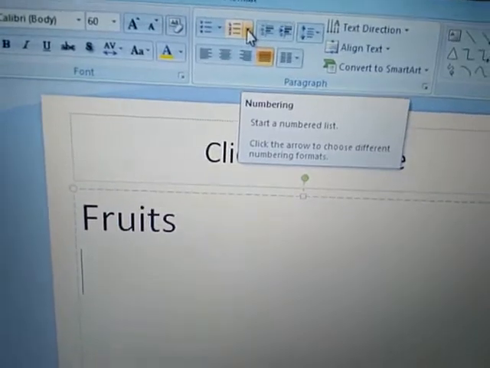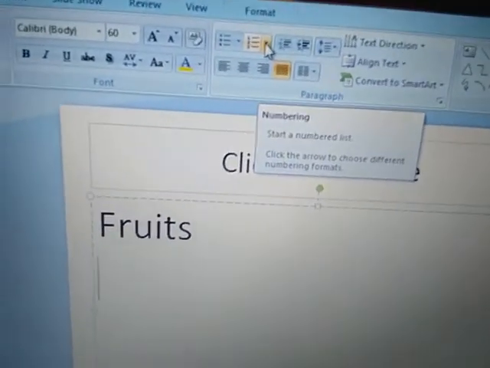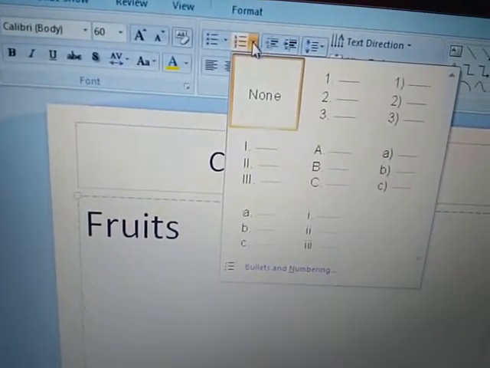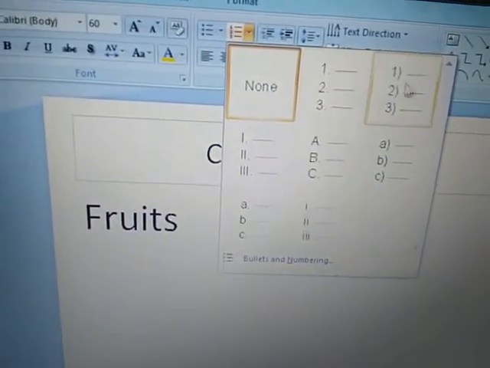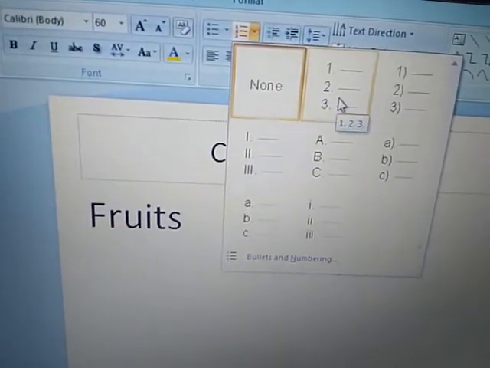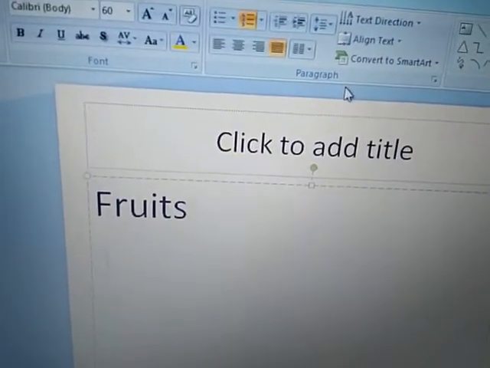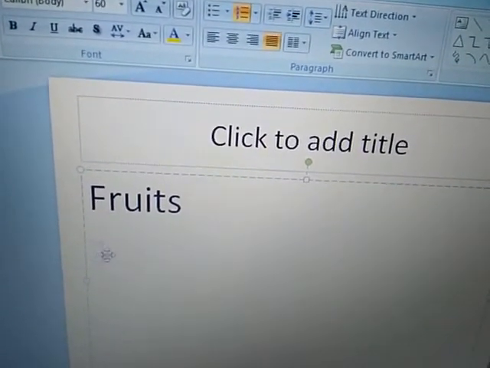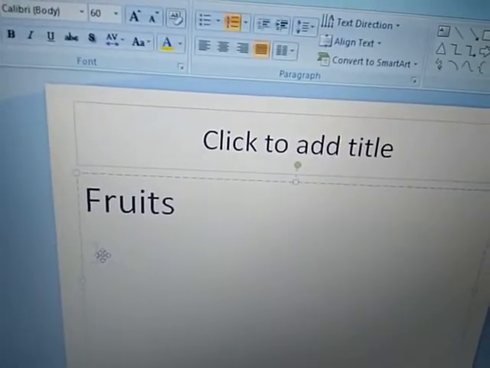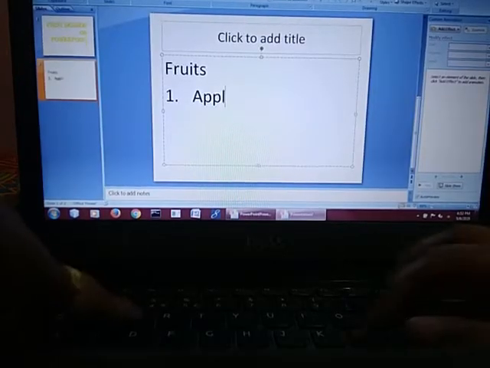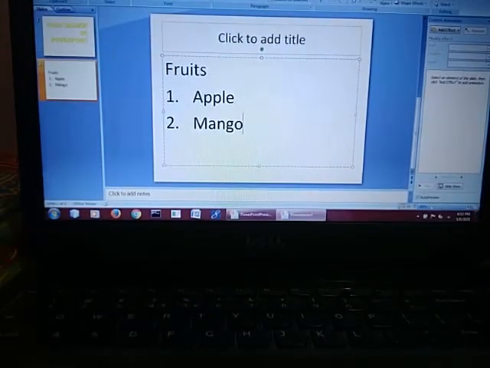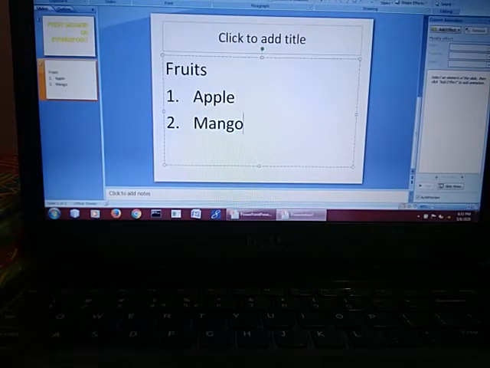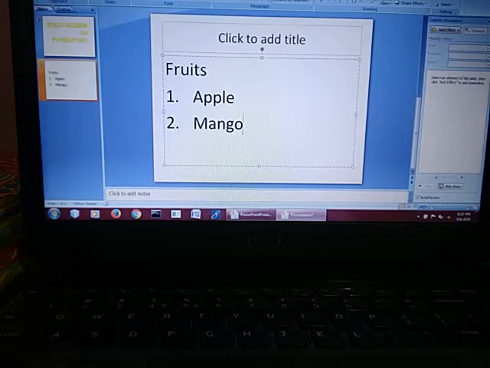See here, I hope this is clear to all. You will select the numbering, and the format is also given, 1, 2, 3 with dot or this. I will choose this kind of format. See here, number 1 is coming. I'm writing apple, mango and so on. So basically it is giving the next number automatically.